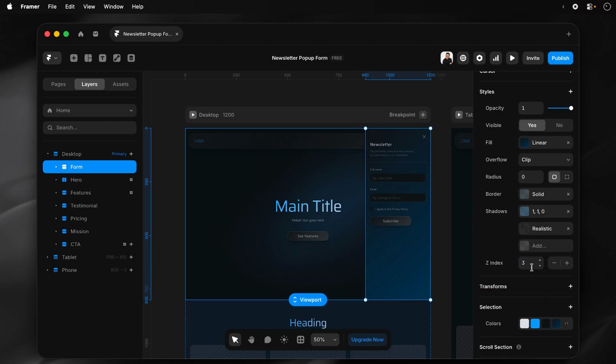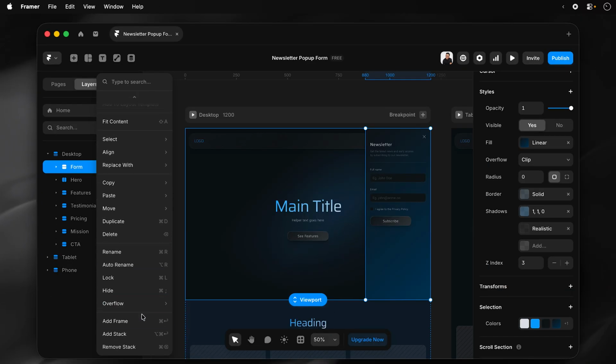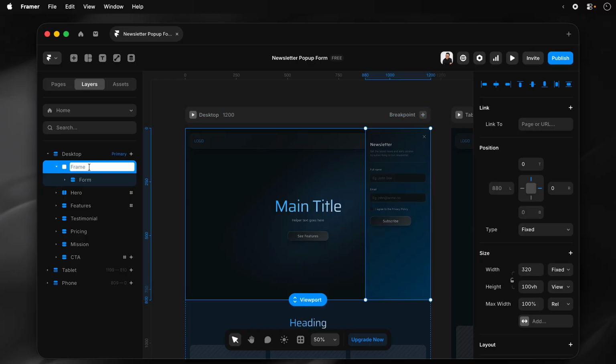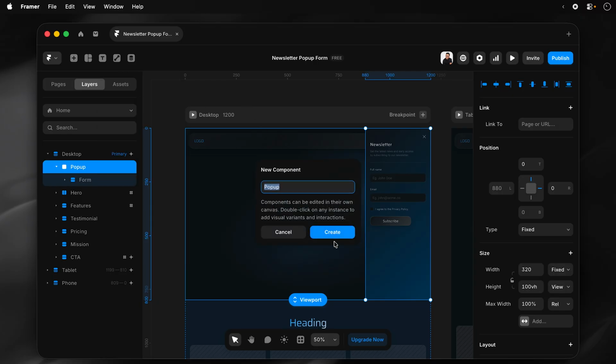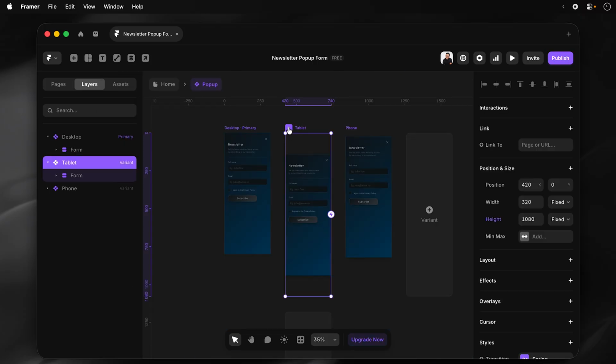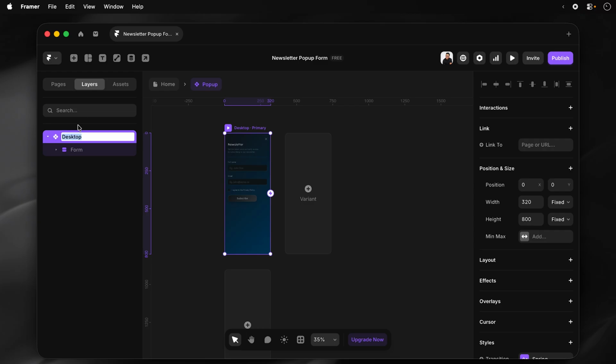I have set a Z index here of 3, so it's above the top nav. And now with this form selected, I'm going to contain it. Command Enter on Mac. I'll name this Popup. I'll create a component. Component created. I'm just going to delete the components I do not need, and I'm going to name this one